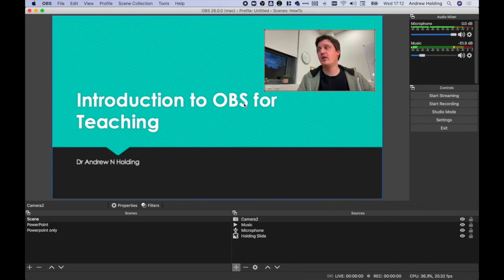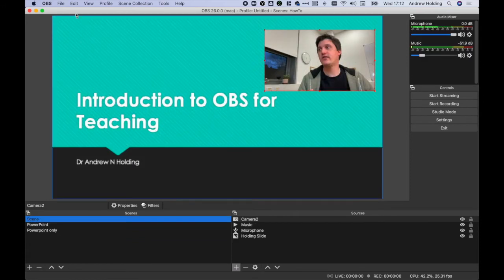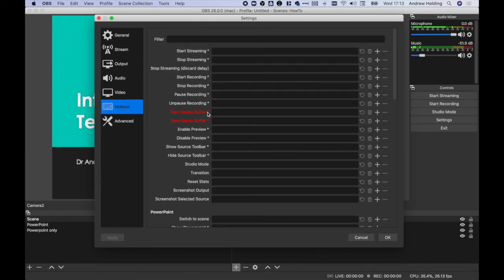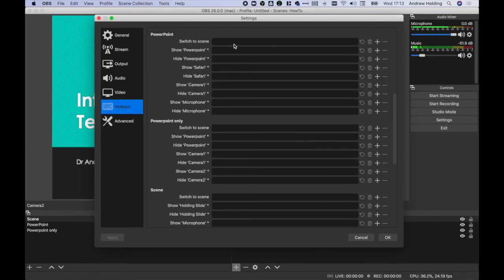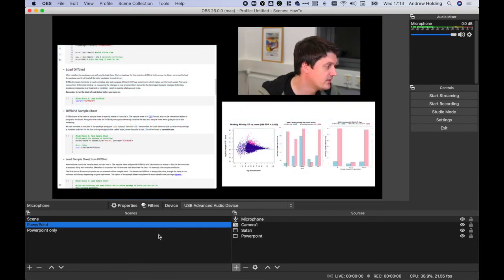And then what I have done is then I've linked these to hotkeys. So if you go to the settings, preferences, hotkeys, you can make it so PowerPoint is a key on your keyboard and it swaps over. That doesn't always work great, I will admit it. Sometimes I need to restart the program after setting them, but once you've tested them and OBS is running, you just leave OBS running and it works. And that is what I've been doing. So that's why I think this is quite useful. People can join, you can then switch over to the next thing,